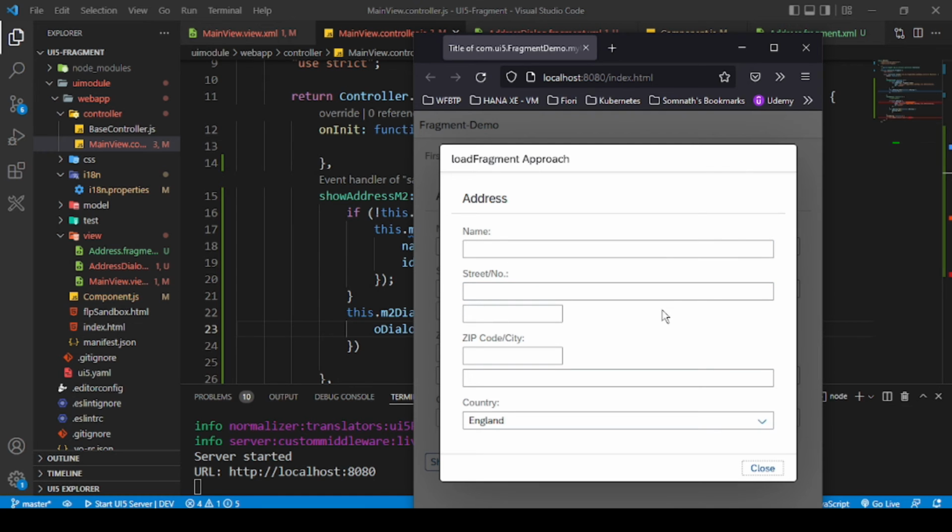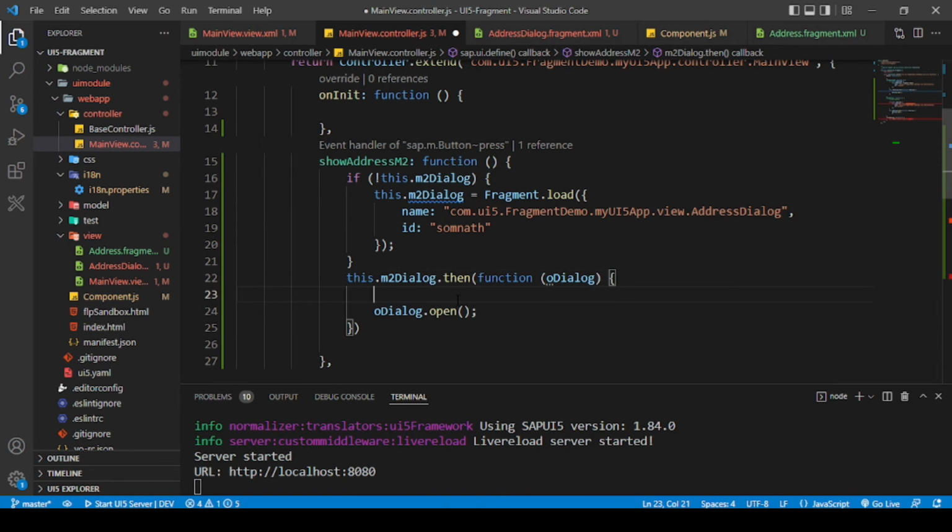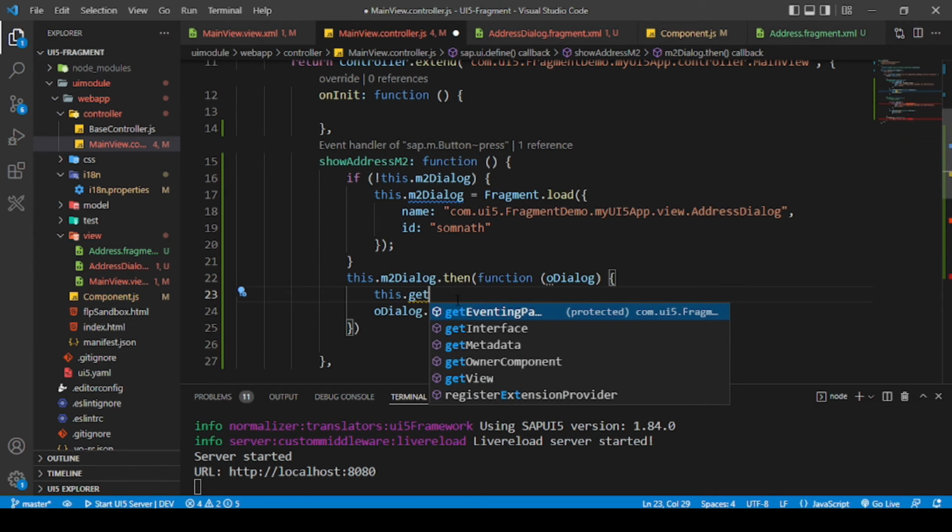We have learned that we have to explicitly link the view, or the owning view, under which this pop-up or this fragment is getting loaded. So that is missing. Also, you need to set the controller explicitly, like which controller this close action handler should be written in. Let's now do these 2 important things. First of all, I need the view reference. So view reference means this dot get view,